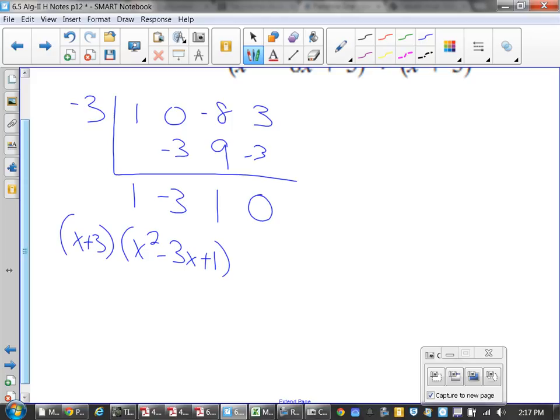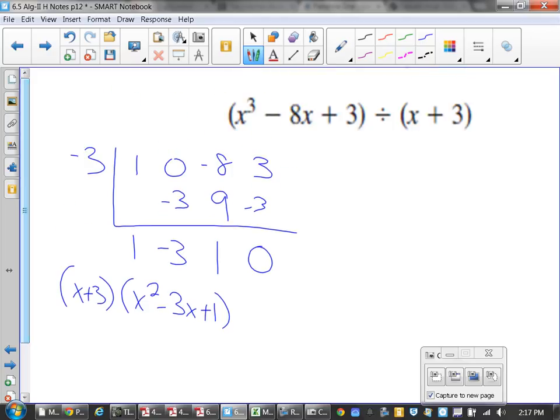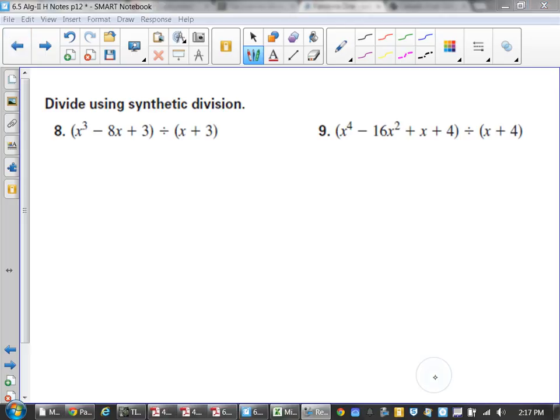Why does this work? What happens here is you've got something divided by something. You're trying to see what are all, let me ask this, what are all the factors of 12? What you're doing here is you're doing a factor tree of a polynomial. Instead of using just numerics, you're working with terms. It's a weird way of doing that, but if you think of it that way. Now, if I go to the other one I had here,